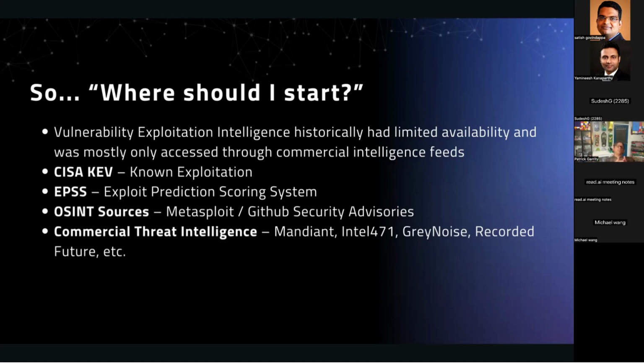It's important, even with EPSS, that you still use things like CISA KEV with known exploitation, because known exploitation is different than predicting the future of what will be exploited. And you likely want to patch things that have been exploited historically, or might have threat actors or ransomware associated with them, which is where commercial threat intelligence works.